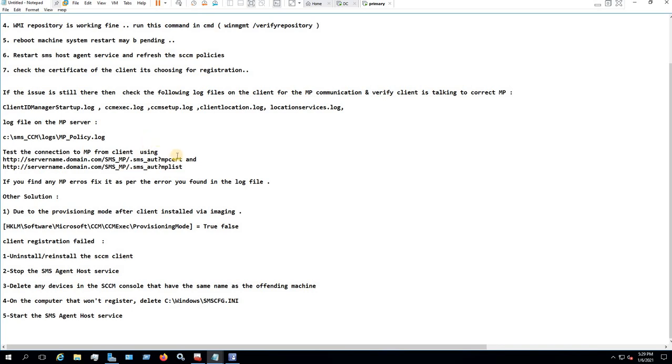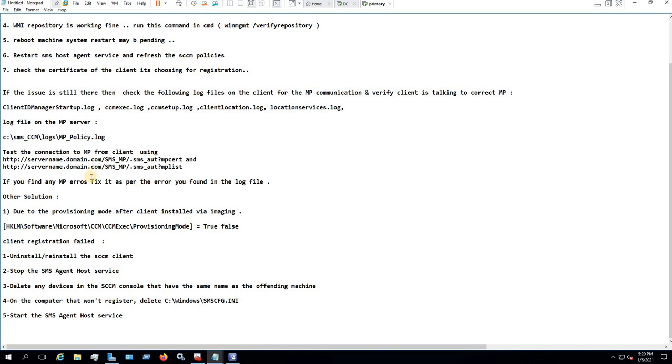You can copy and paste these two URLs in your browser and test the connection to the MP. If you find any MP errors while looking into the log files or while testing the connection, you need to resolve them as per the error.